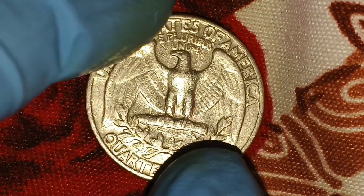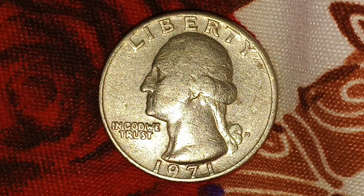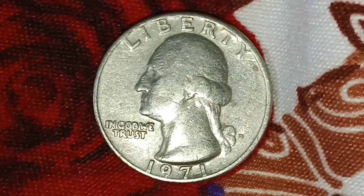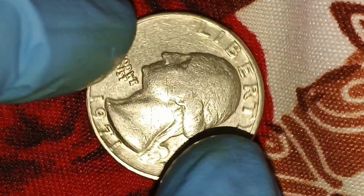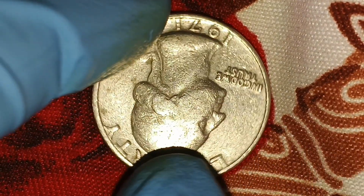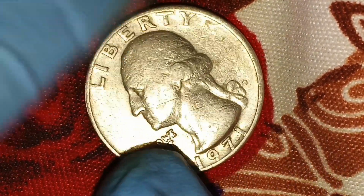Let's talk about the real game changer: mint errors in the world of coin collecting. Errors are like gold. The more dramatic the mistake, the more valuable the coin. And in 1971, a few quarters were struck with serious minting errors that make them incredibly rare. Some were double struck, some were struck off-center, and a few were even struck on the wrong type of metal